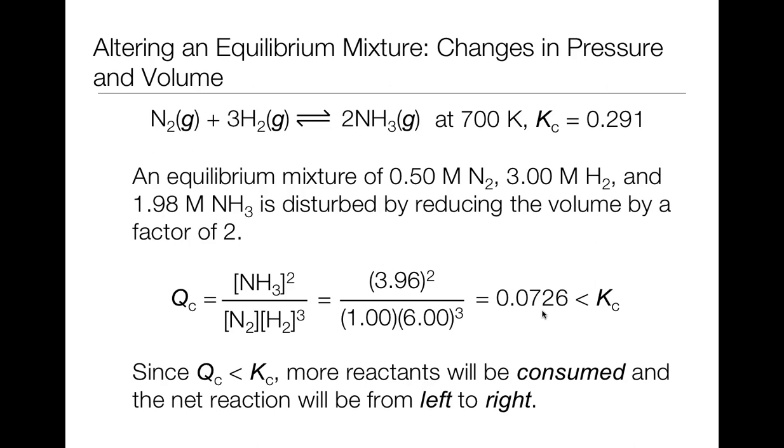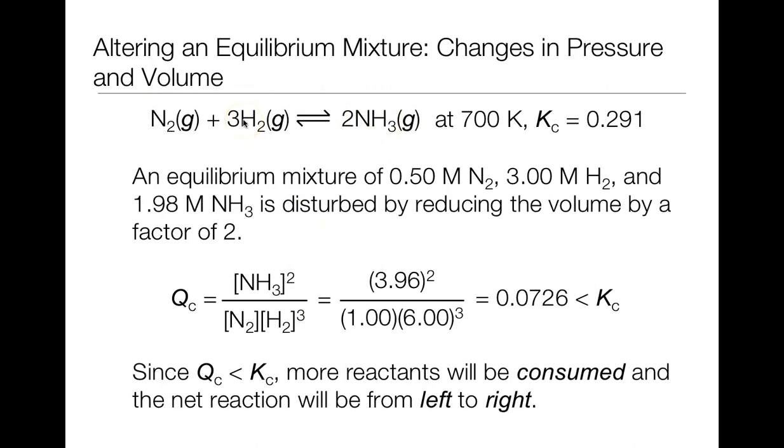So again, what's going to end up happening is, because the QC is less than KC, more reactants will be consumed, and the net reaction will go from left to right. So we could see this in two ways. One, just by plugging in the mathematical values of QC, that's very beneficial, especially if we have concentrations. It's easy to calculate. We can also see up here in this net reaction, and we've alluded to this before